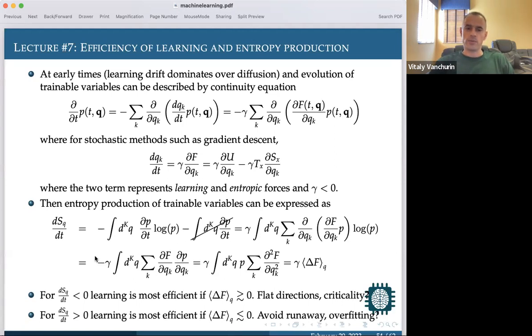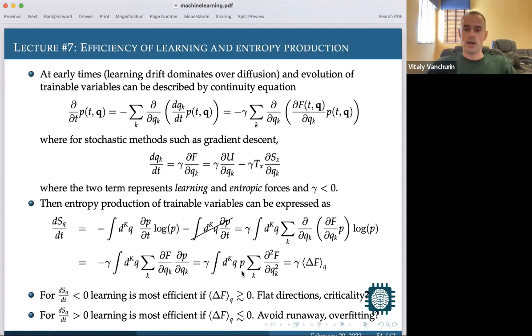So that's your final answer, but you can massage it a little bit more and take the derivative with respect to p back to f, and so do the integration by parts once again, and then you get this expression. And that's an interesting expression, actually. That's the main result around which we're going to be